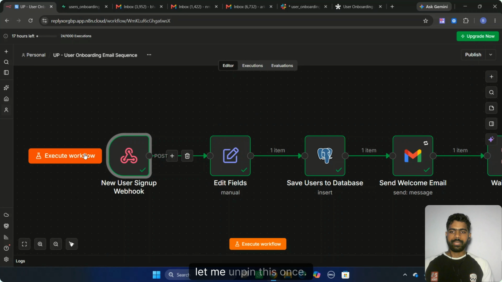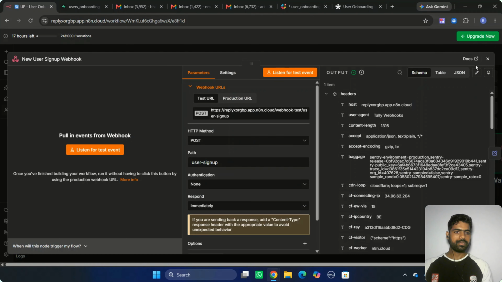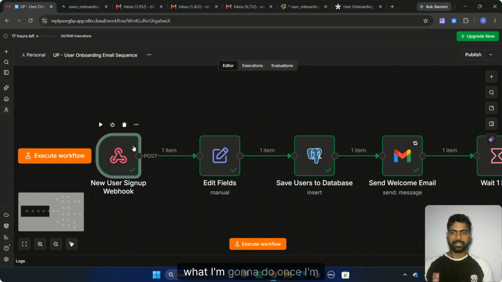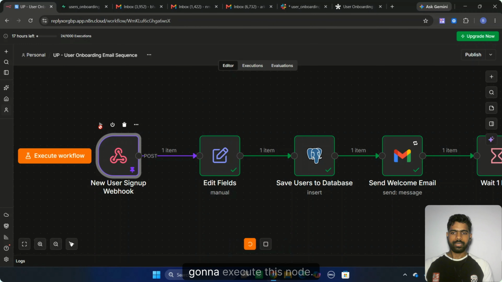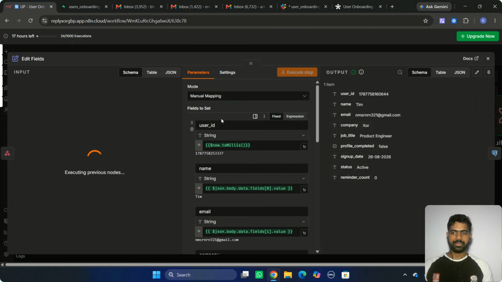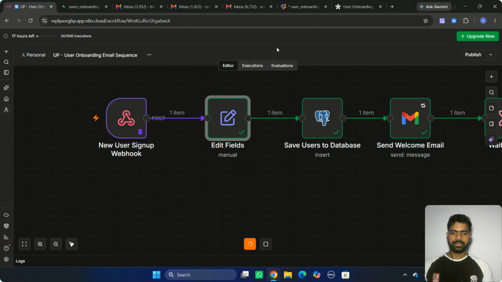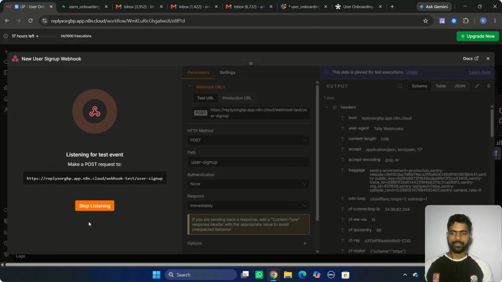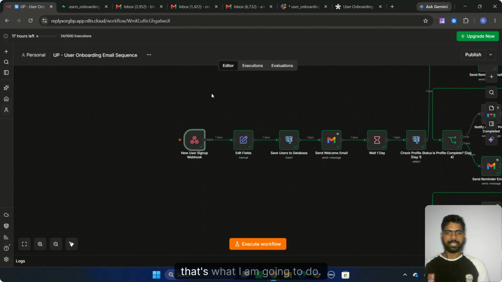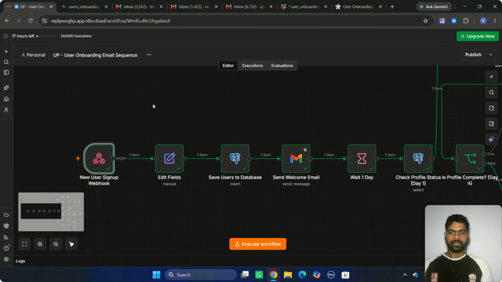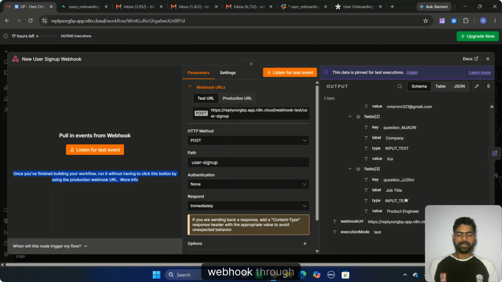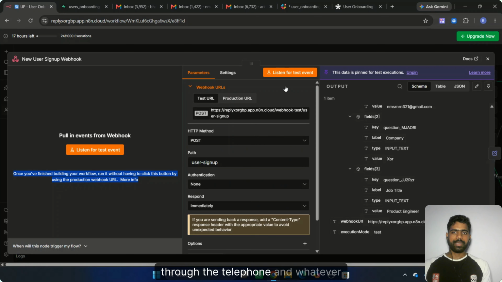Now, let me unpin this once. Let me pin the data. Now, what I'm going to do is execute this node. We'll see whether we have this data or not. Let me stop this. I just wanted to explain this entire workflow, and that's what I'm going to do now. Let me check this one, and we got the converted data in this webhook